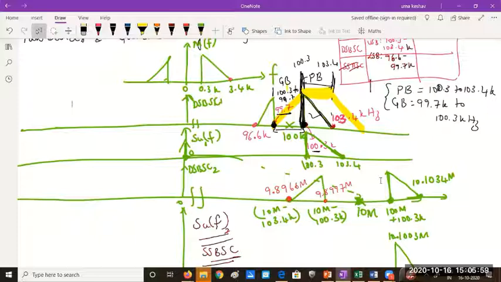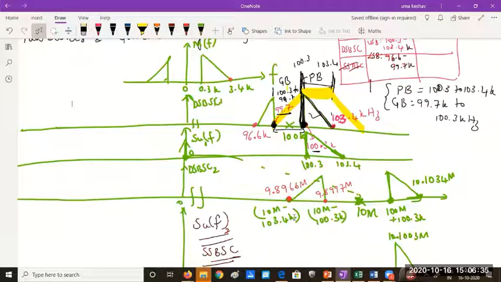Okay. You are only shifting. In one stage, you'll shift from 0 to the first carrier frequency. You'll shift surrounding the first carrier frequency. Next, you'll take out one sideband from that. That acts like message for the second stage. And again, you'll shift it to the second carrier frequency surrounding that point. Okay. You'll have the two sidebands surrounding that point. So you have to write all these conditions. This is asked for 8 to 10 marks. This problem was usually asked for 8 to 10 marks.